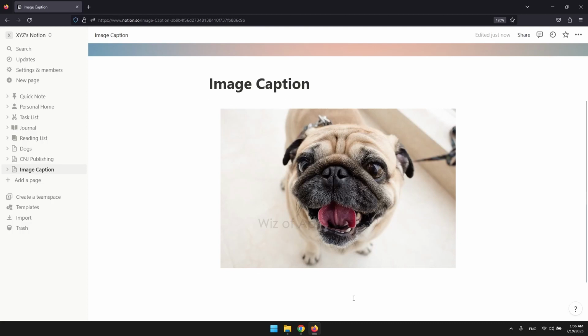In this video, I'll be showing you how to add a caption to an image in Notion. Captions serve as a helpful tool for providing additional content or description to an image. They allow you to add text directly below an image to explain its content, provide context, credit the source, or